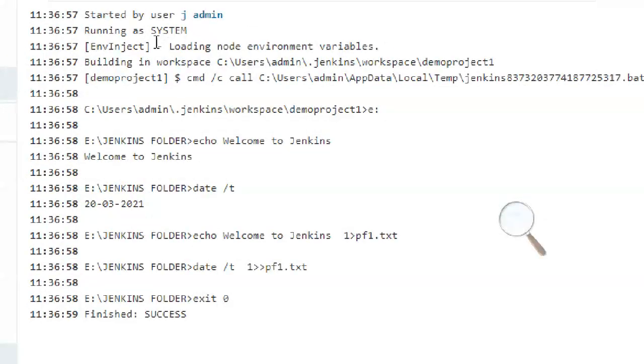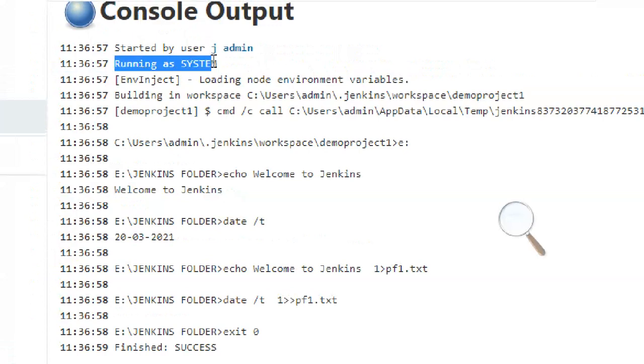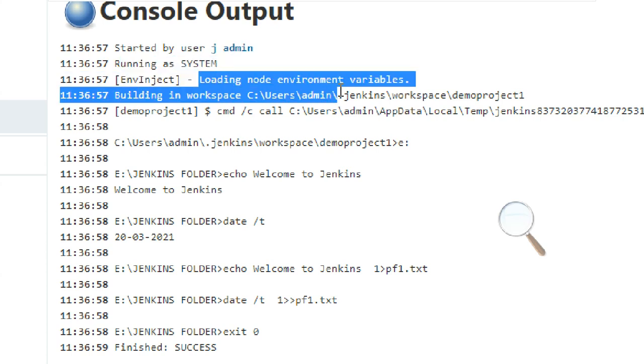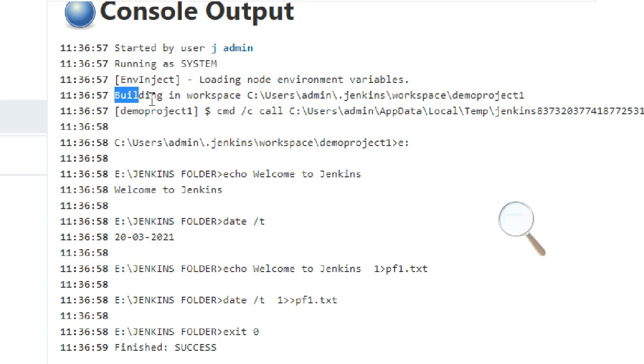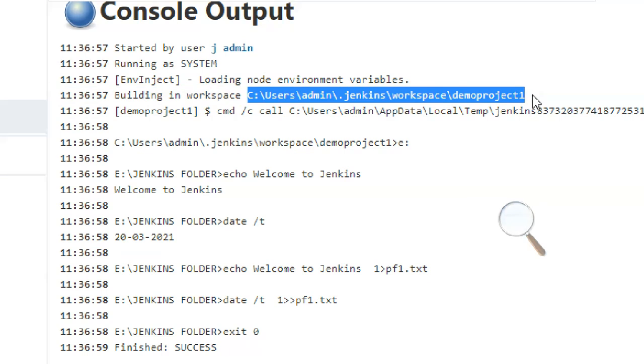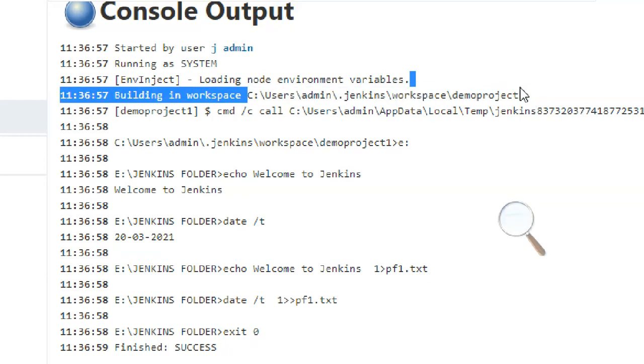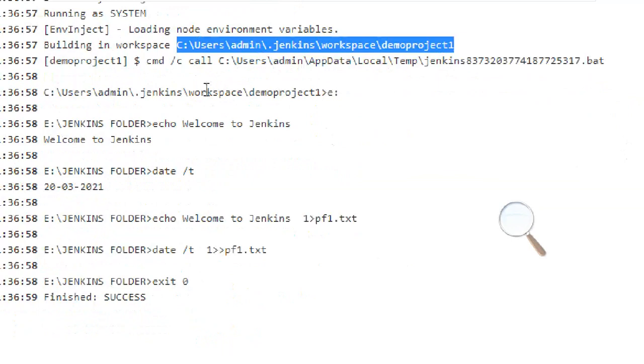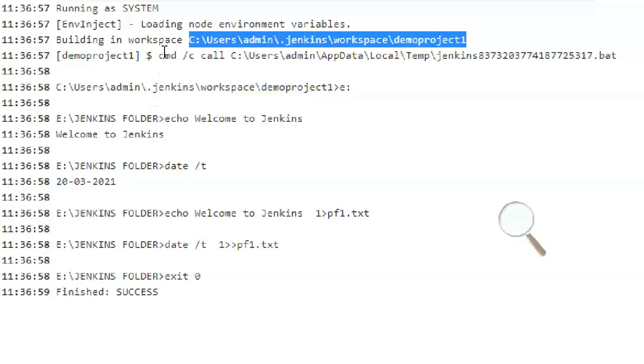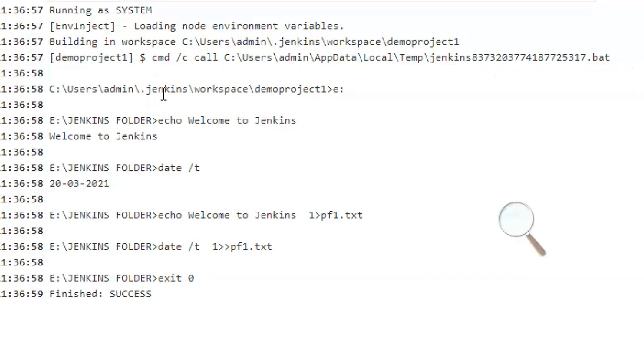But understand what happened here: running as system, started by user, loading node environment variables, building in workspace. This is the location of your project, and this folder was created automatically. Up to here, it is Jenkins only. From here, my command e colon, see, it automatically changed to the Jenkins folder.